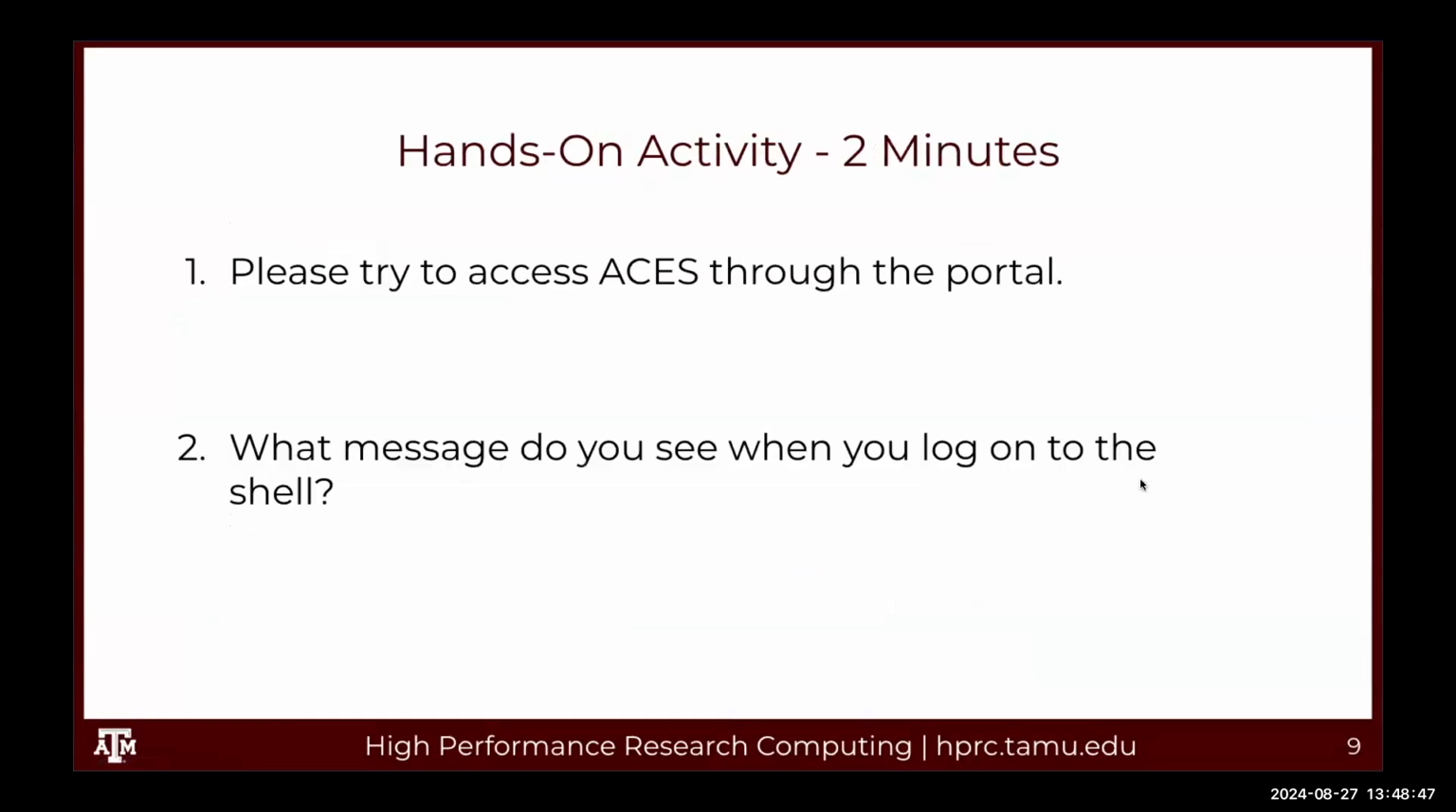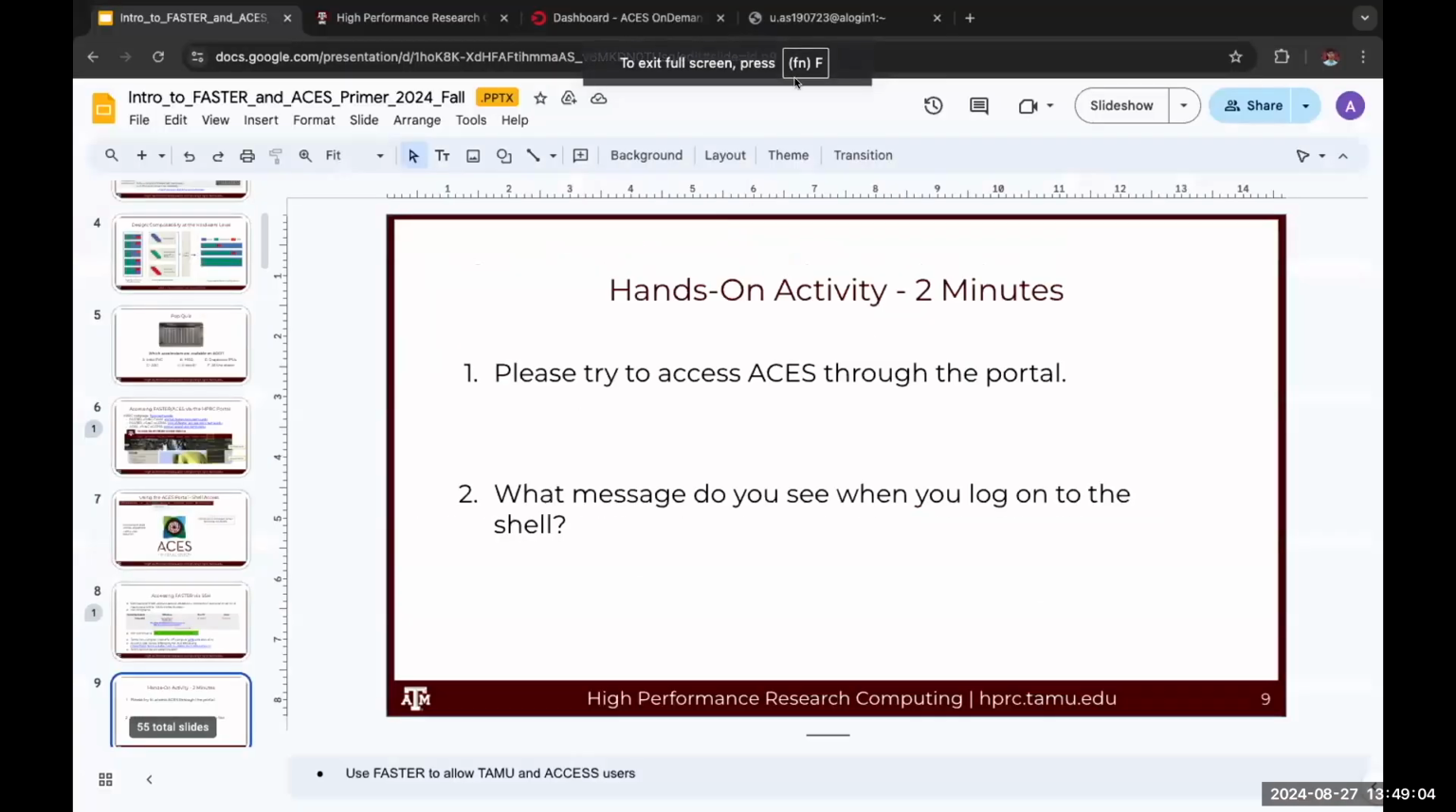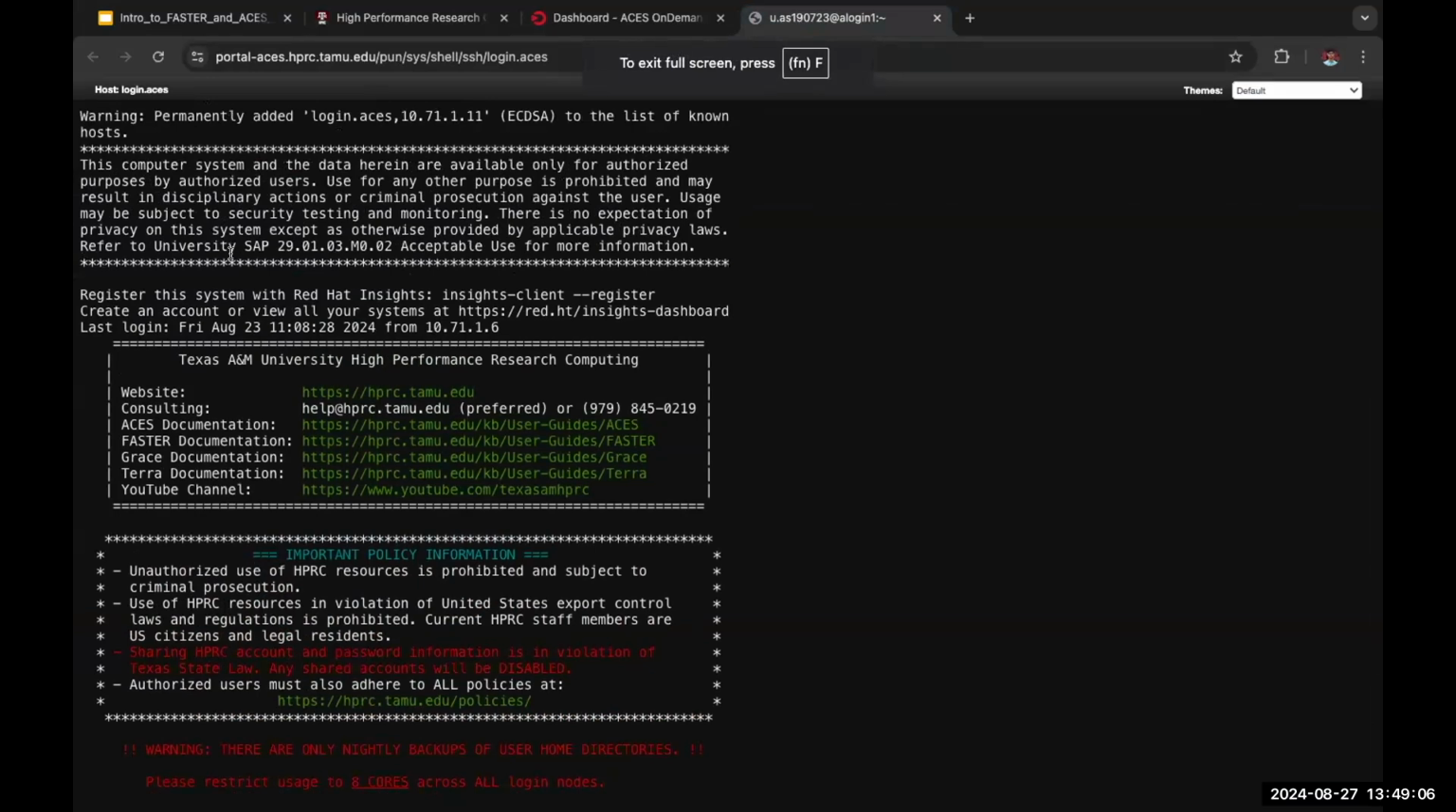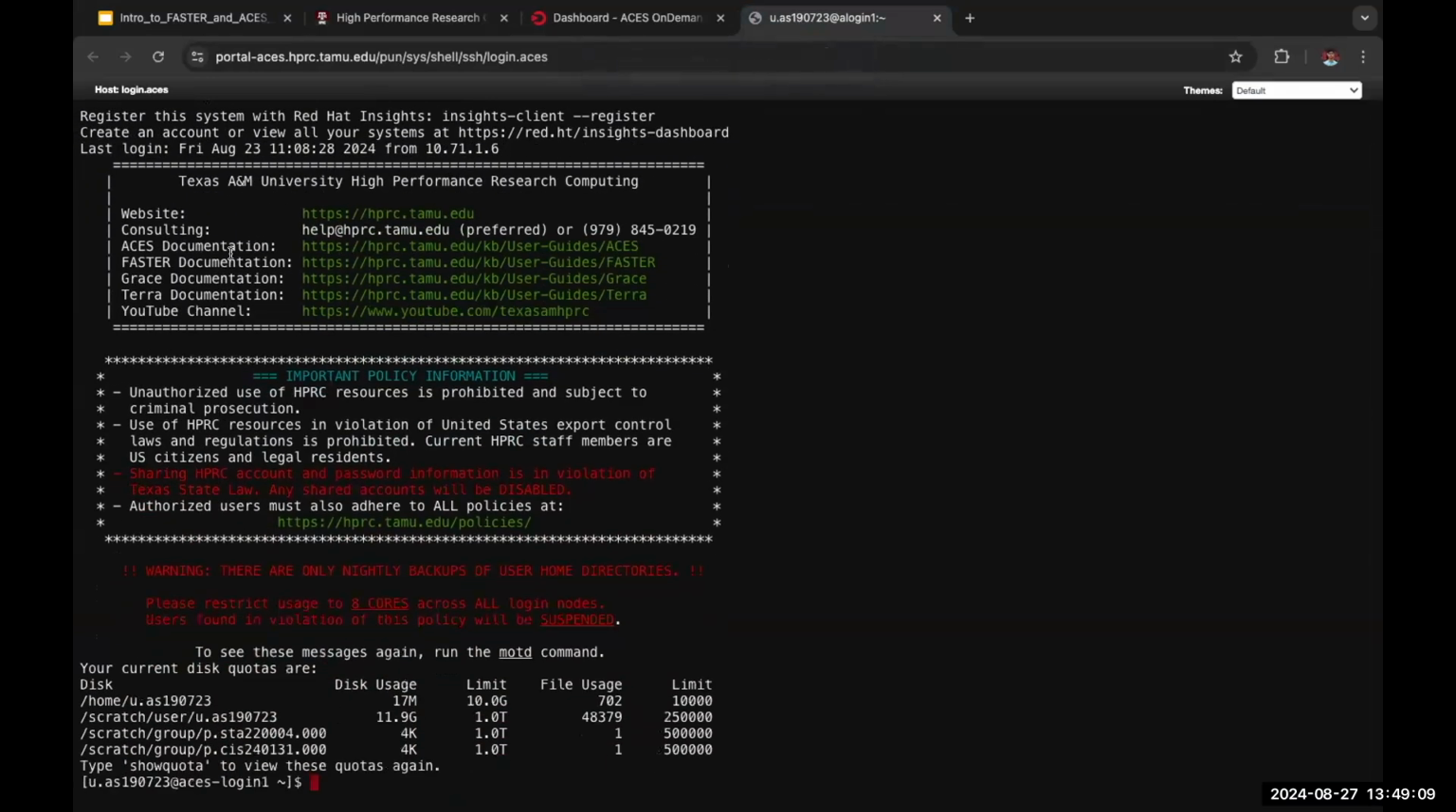Going ahead, I want you guys to try this out. So go to the ACES portal, open the shell, and let me know if you are able to see the output how I showed you. Just for your reference, the output should look like this. You should be able to get an output on your terminal like this. So please let me know in the chat. I'll be waiting for a